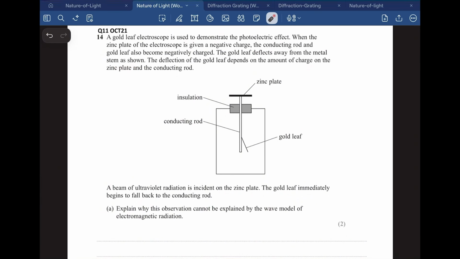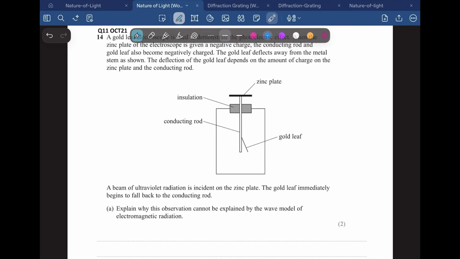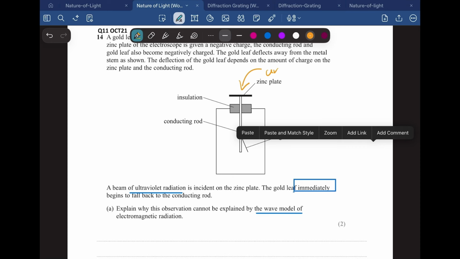The deflection of the gold leaf depends on the amount of charge on the zinc plate and the conducting rod. Okay, we all know that. The next part says a beam of ultraviolet radiation is incident on the zinc plate. The gold leaf immediately begins to fall back to the conducting rod. Explain why this observation cannot be explained by the wave model of electromagnetic radiation. Now this is a very important part. When the ultraviolet radiation was incident,